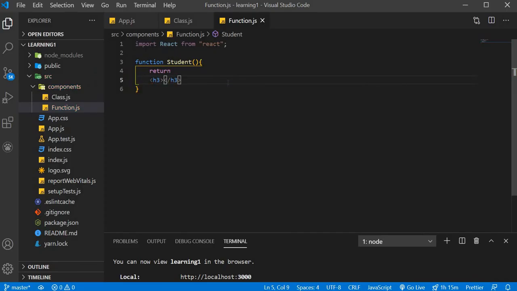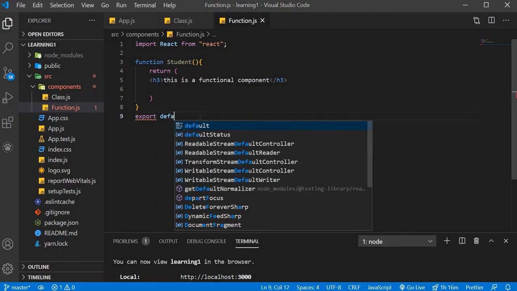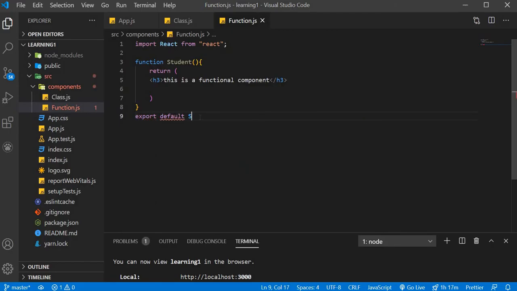Let's say this is a functional component. Sorry, this should be in parenthesis, I think so. Now you have to export the same as we did in class component. Export default, then your component name Student. So we are ready with our functional component and class component.